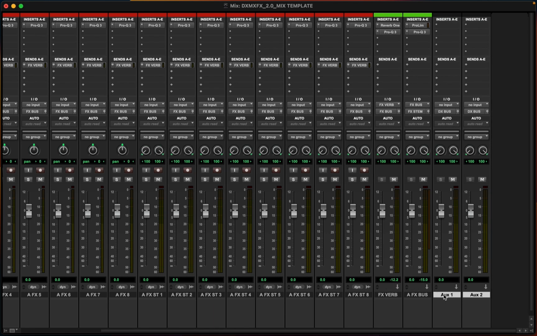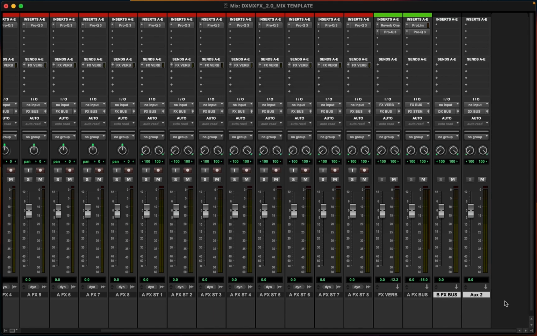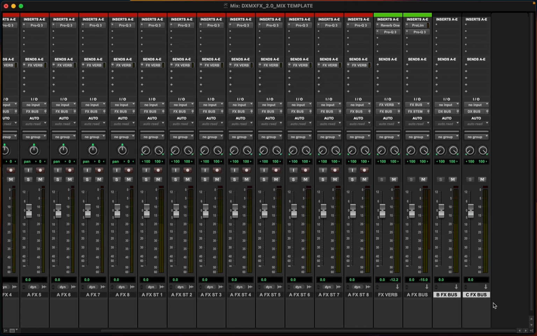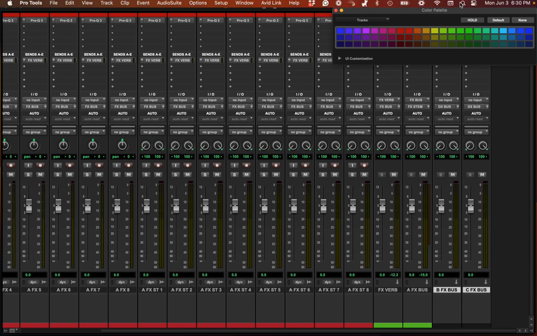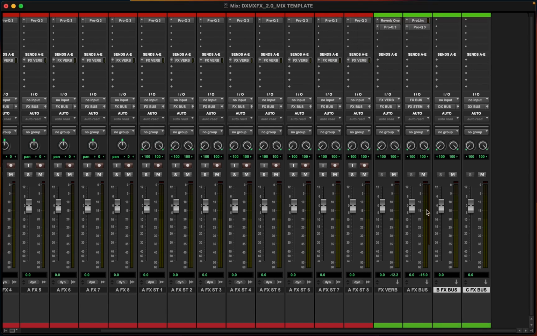The other one would be BFX bus, and we'll just do it here since we're together, and then CFX bus, okay, and we'll go like this, okay. Oh, not the same green. There we go. And so basically, you would have a whole other set of 8 mono and 8 stereo, and you would call it BFX 1 through 8, BFX ST for stereo 1 through 8, and those would feed these respective buses, the B bus and the C bus,